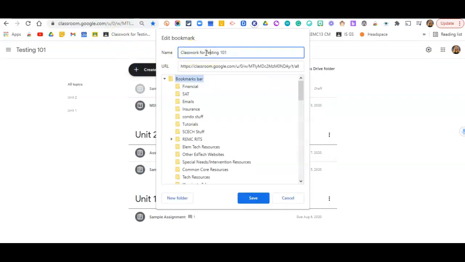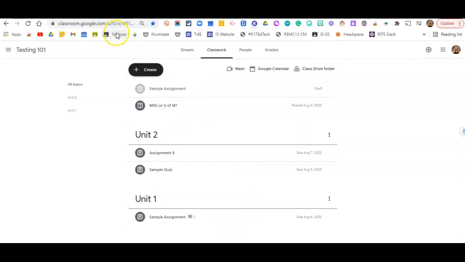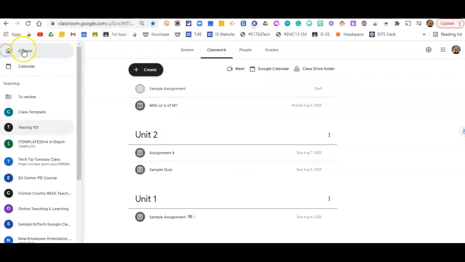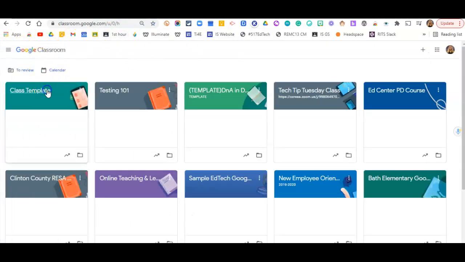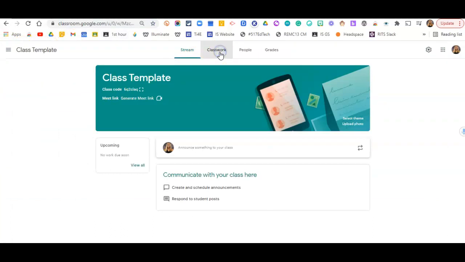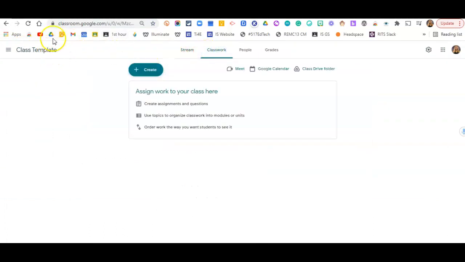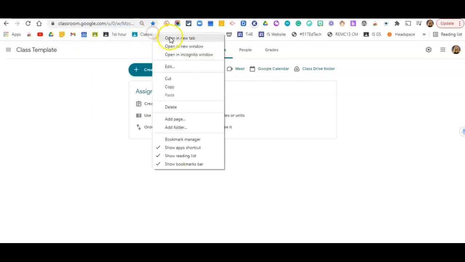So instead of Classwork for your course, you could call it first hour or whatever it is, and then click save. And so what you can do is do this for all of your different sections, right? So you can go and find your different classes, go to the Classwork tab page, drag that little lock, maybe put it right next to first hour, rename it,